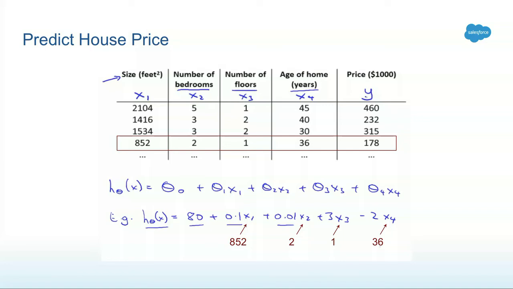If you're an admin and you're rolling out Einstein to a bunch of your customers, you might be more interested in global explanation because you want to understand how the model is performing as a whole. But your end users, they don't see other people's predictions. They just see their own predictions. So they need to see more local explanations.